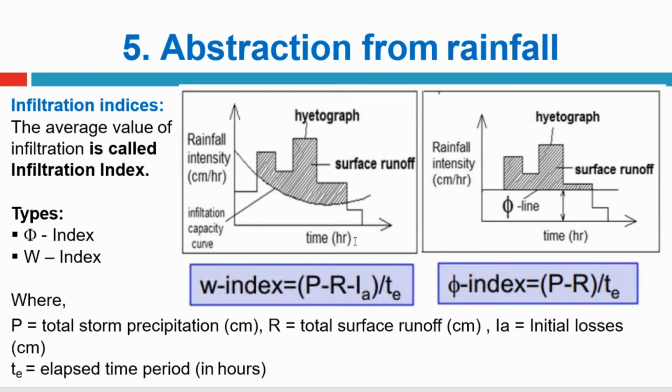or the constants from which we can define the excess rainfall that is happening for any given rainfall period. Basically, the W index and phi index are used to calculate the runoff. Once you determine the W index or phi index for any given region, you can calculate how much runoff will take place for any given duration of rainfall. And when you know the precipitation and the runoff, you can determine the rate of infiltration by using these equations, these indices. I hope this is very clear to you.